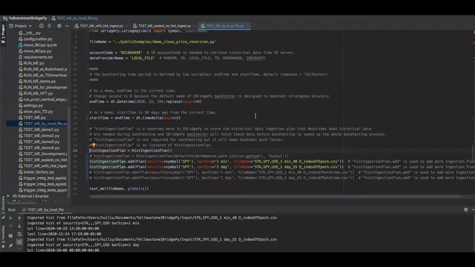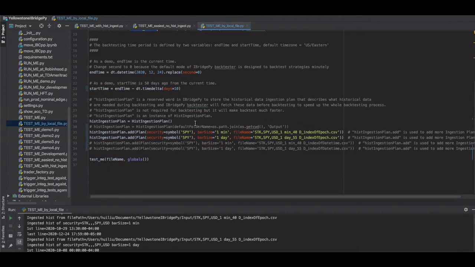So in the setting, what you need to change is change the data provider name to local file, so that IBridgePy will look for the local file. Then you need to create